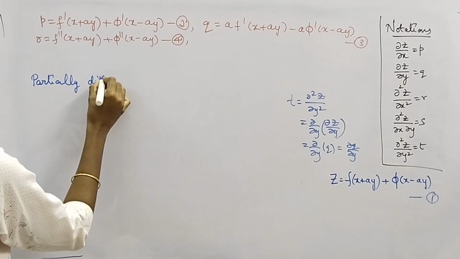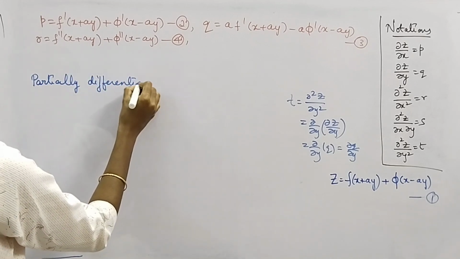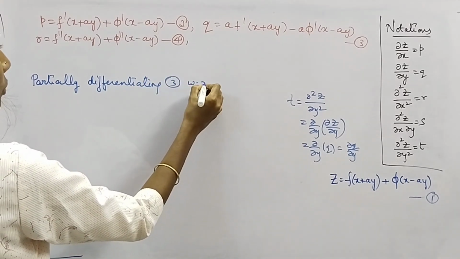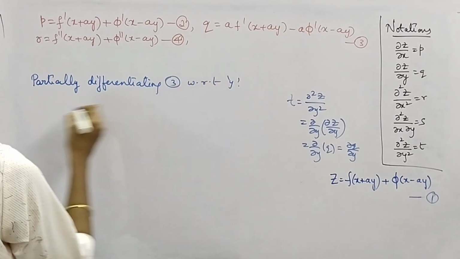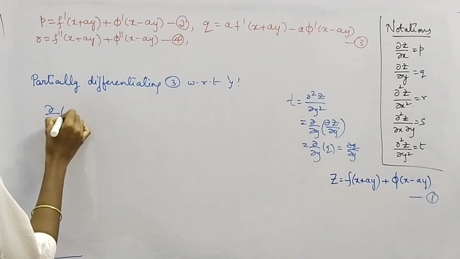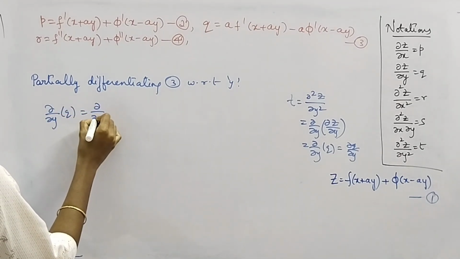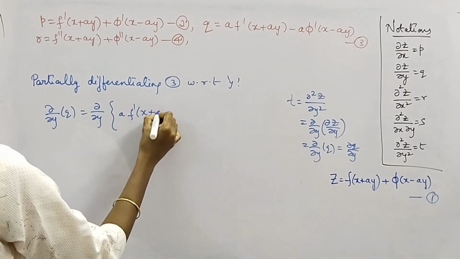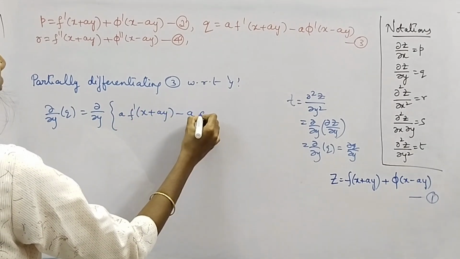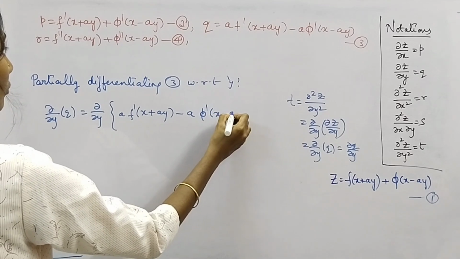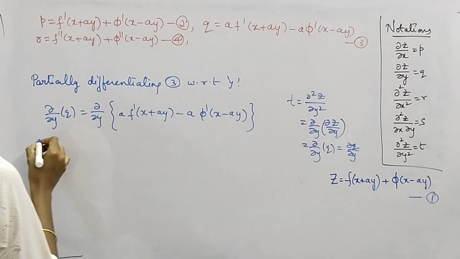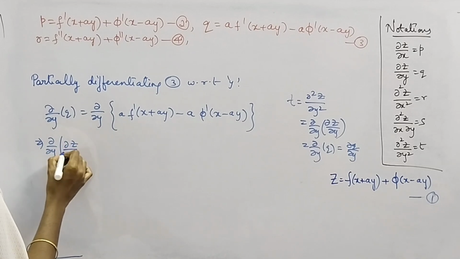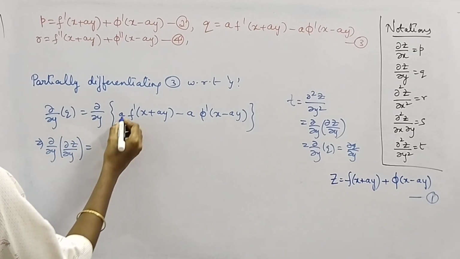Partially differentiating equation 3 with respect to y. Just apply dou by dou y on both sides of 3. This gives us dou by dou y of q, which is nothing but dou z by dou y, equal to constant